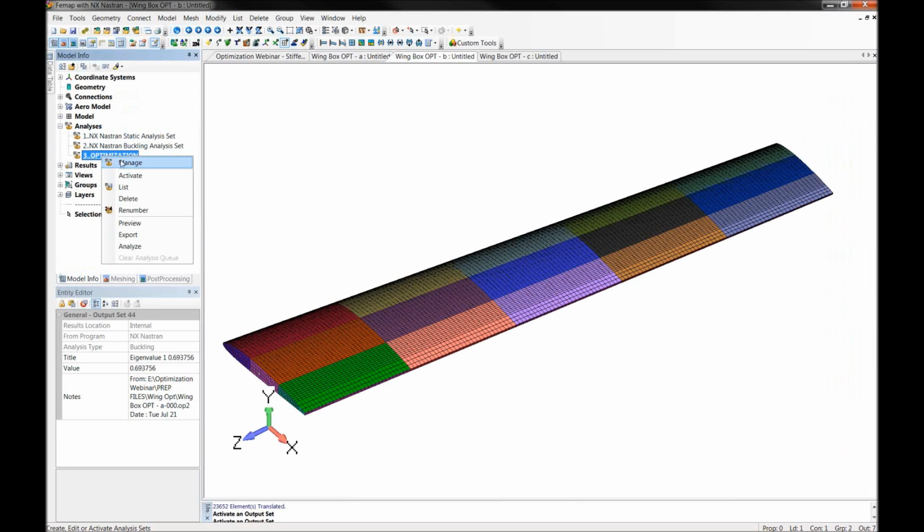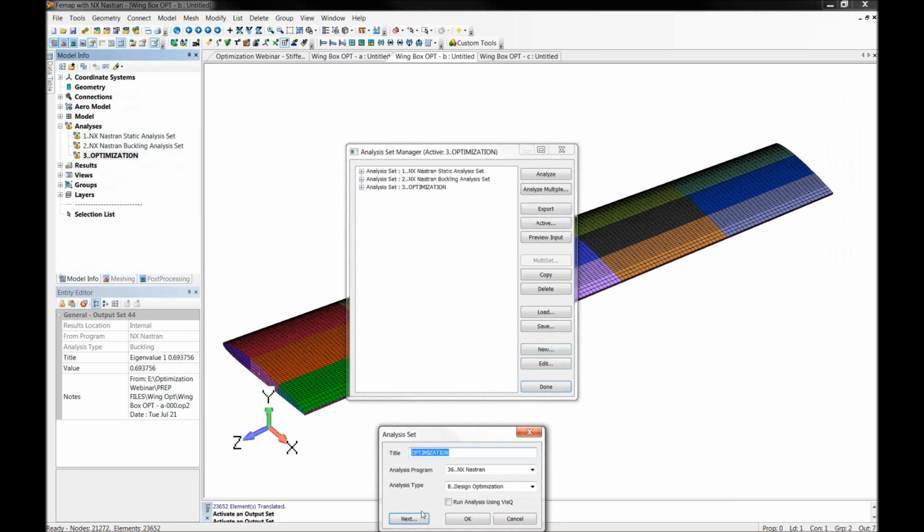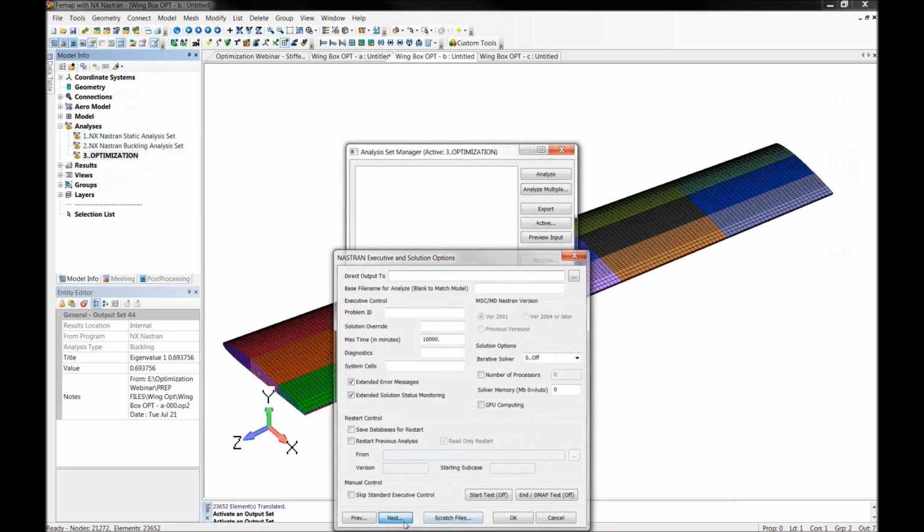So what I did is our model optimization setup is the same. But when we define the run deck,